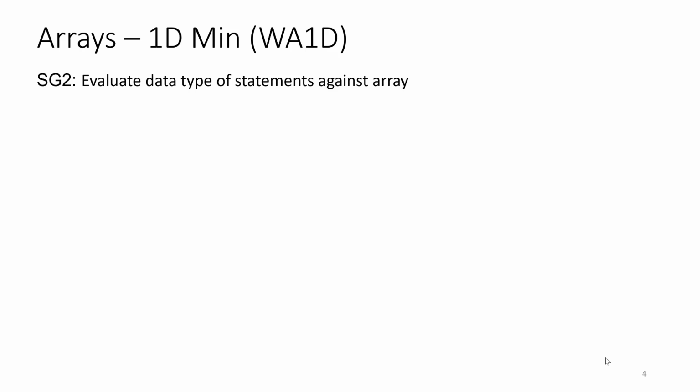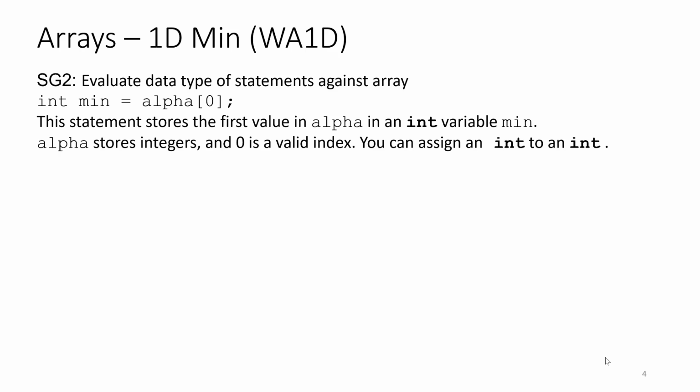For subgoal 2, evaluate the data type of the statements against the array. We declare a variable min, which is an integer and is assigned the value at position 0 in array alpha. Alpha stores integers and 0 is a valid index, and you can assign an int to an int, so